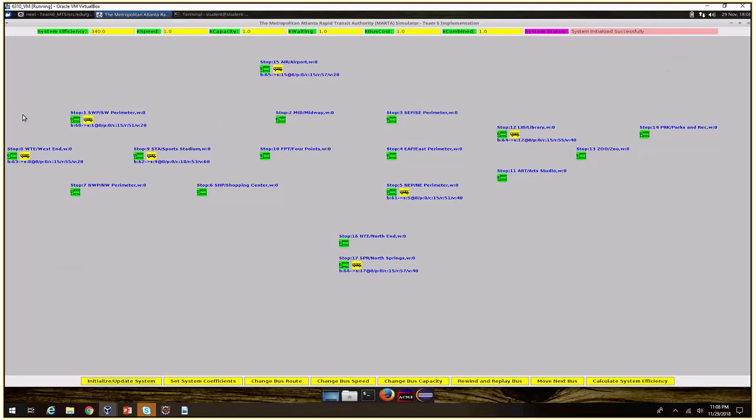The system will then get updated with the latest file that was uploaded. We have around 17 stops using this file. If I click move next bus, the bus number at the top, 63 or whatever bus number, keeps moving. We have also implemented the rewind and replay bus feature, where up to 3 levels the